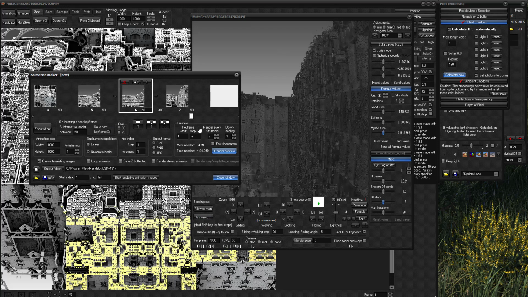For the last keyframe, so here you can scroll between keyframes, you see. For the last one, put it to 1, otherwise you see the last frame is this image, it will render it 50 times, so it's useless. So put 1 and so it's okay. And this is it. So I will make a preview just to show you what we have.